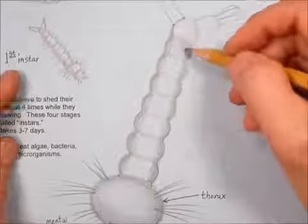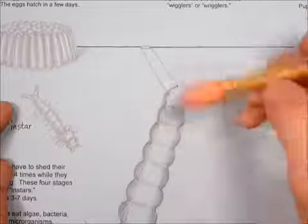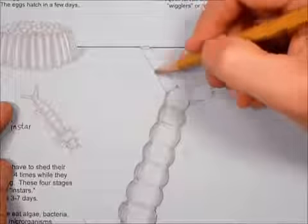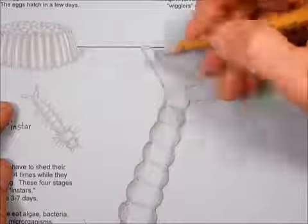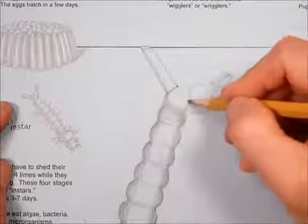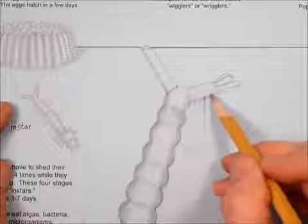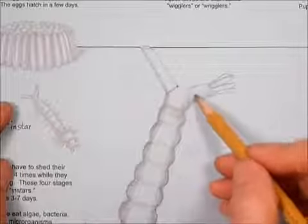And this one I'm just going to keep going here. Now this I don't want to make too heavy. I'm going to shade just the tiniest tad on here. Shade on the bottom a little bit to make them look a little round. But then we're going to put in